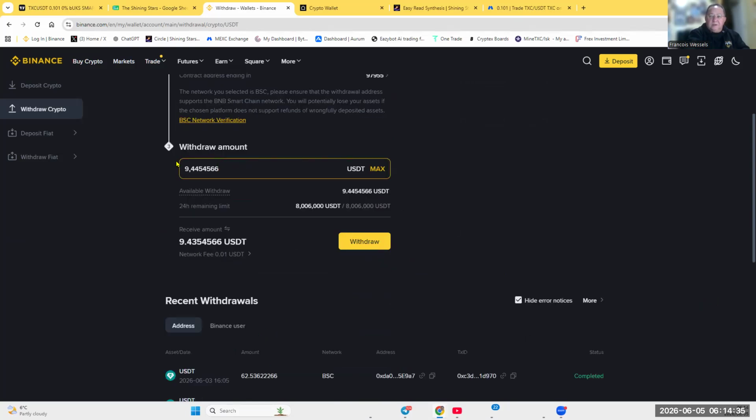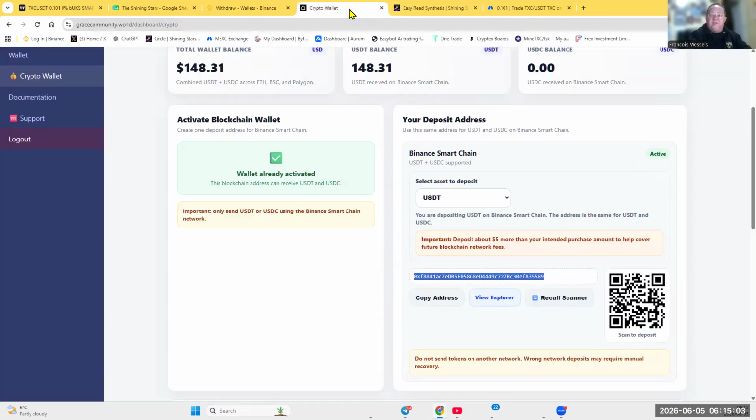So my maximum is there, and I'm just going to make it easier for people to see. If I, for example, withdraw $9.40, you see there's my 0.1 and 9.39 is going to go into my account. Currently I do have in my Grace wallet 148.31.